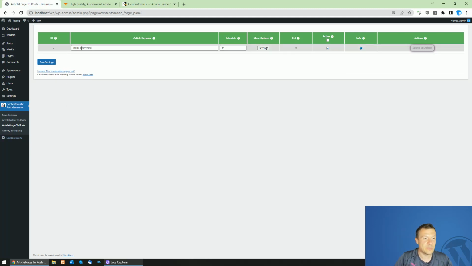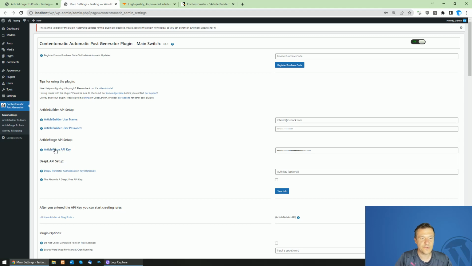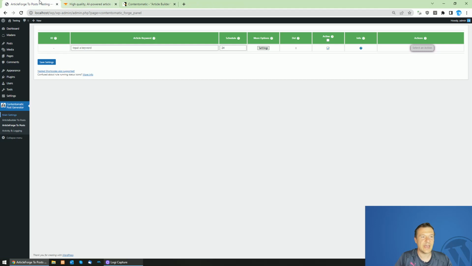So let me show you how the plugin will function starting from now and what has been improved in the latest update. Be sure to have the Article Forge API key set here in the plugin's main settings, and afterwards you can input a simple keyword, let's say acne, and the plugin will automatically generate articles based on